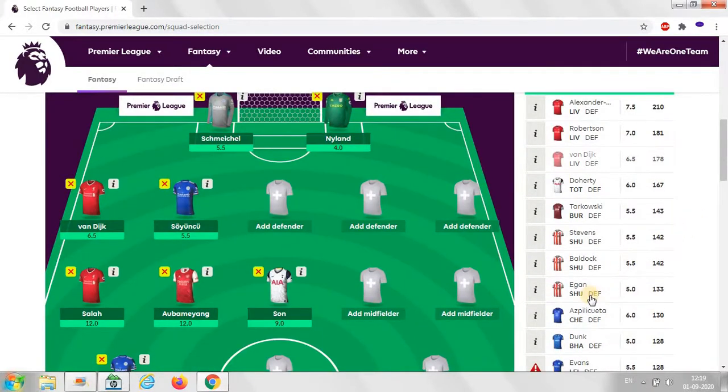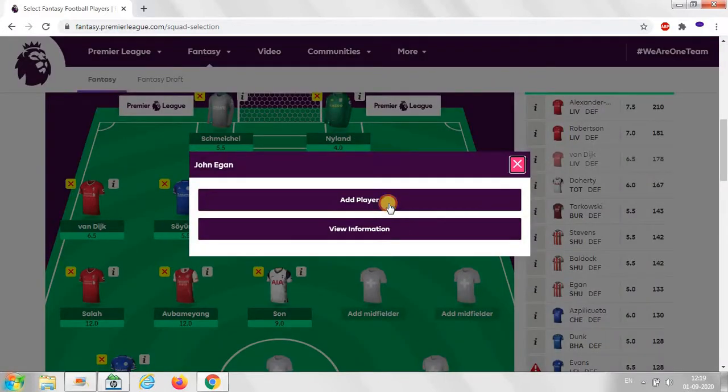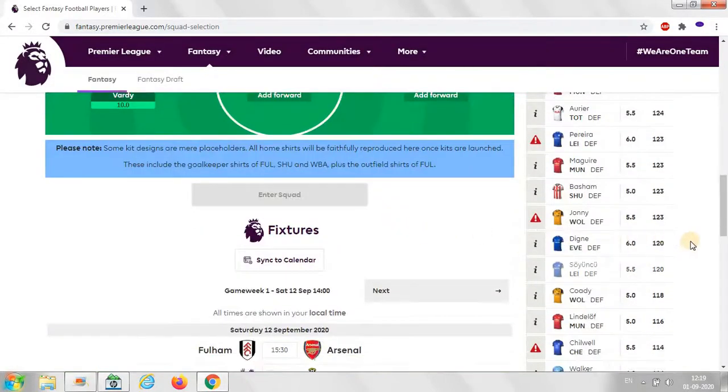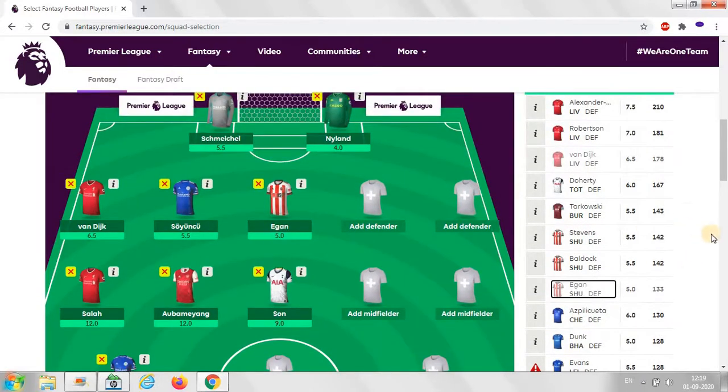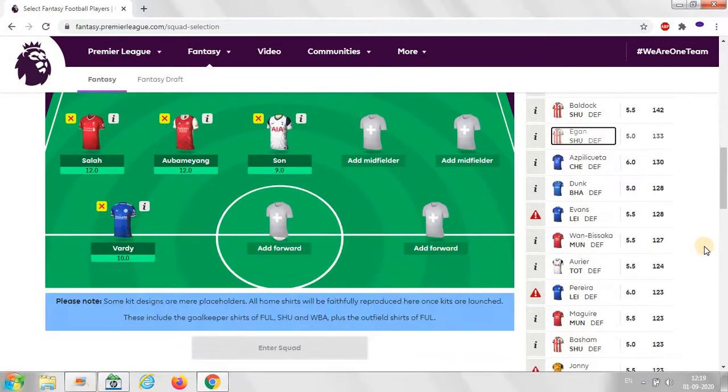Defenders, I think last season Sheffield United were playing very well in defense, so they had very good clean sheets. So I will select Egan from Sheffield United.